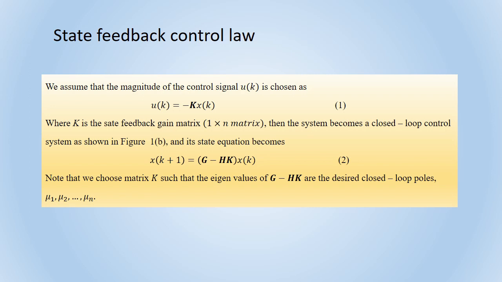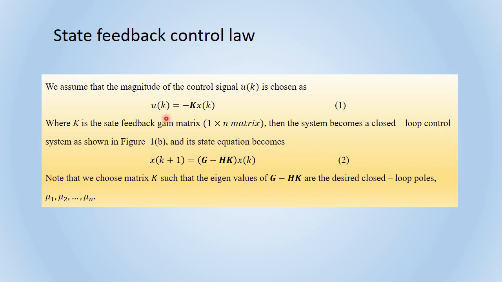Let us see the state feedback control law. Now the magnitude of control signal u of k is chosen as u of k is equal to minus k times x of k. Okay, so this u is equal to minus kx is called the state feedback control law. So what is the state feedback control law? U is equal to minus kx, where k is the state feedback gain matrix, which is a 1 by n matrix, and the system becomes a closed loop control system, as shown in the figure, or we have already shown in that particular figure, and its state equation